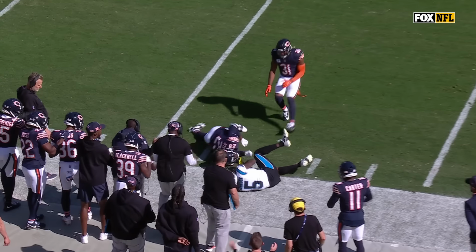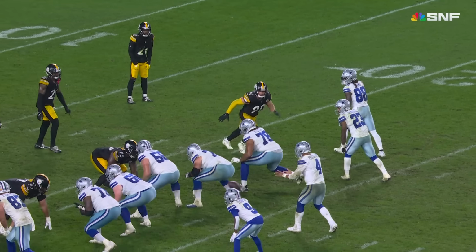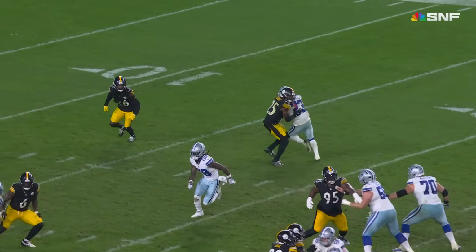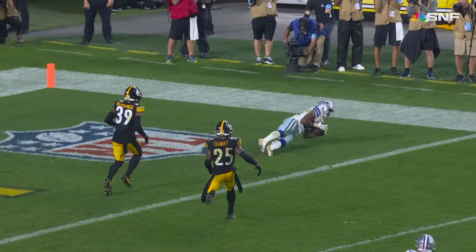Deontay Johnson, he is gloved out by a running back here. He goes up against, I believe it's Dante Jackson, the cornerback. Nope. It was Deshaun Elliott who fell down on the...